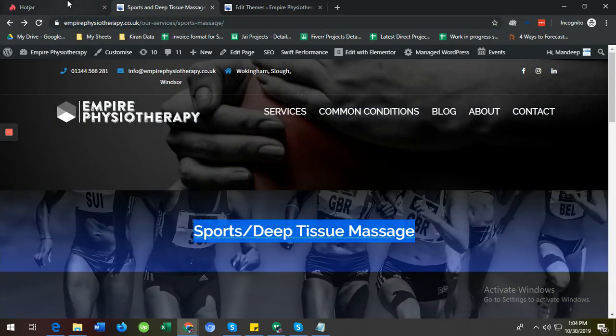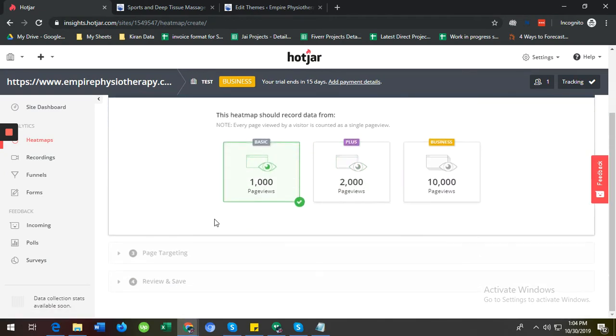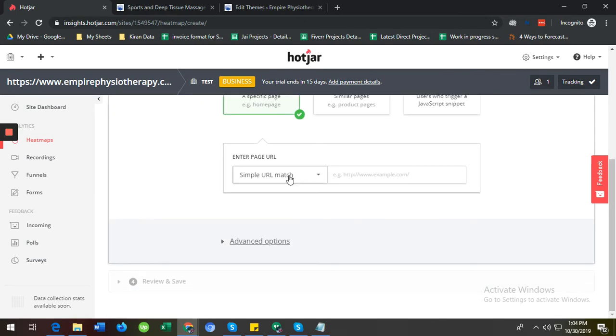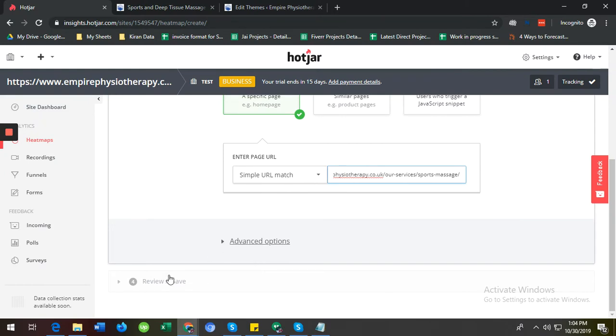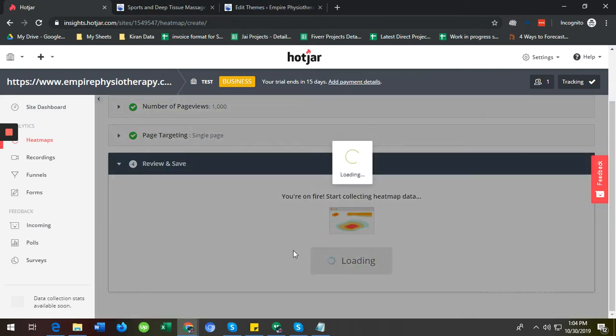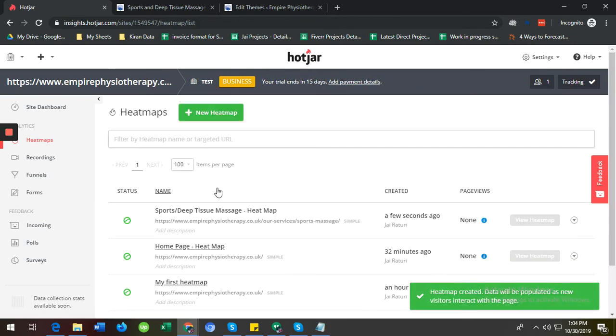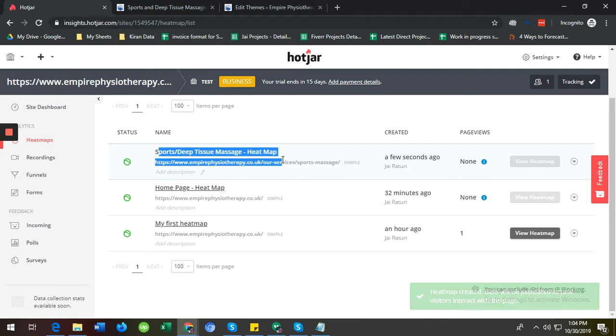I will name it heat map. Then the number of page views, then the exact URL of the page, and that's it. So this is how you can create a heat map. Now it will record all the users' interactions for this particular page.